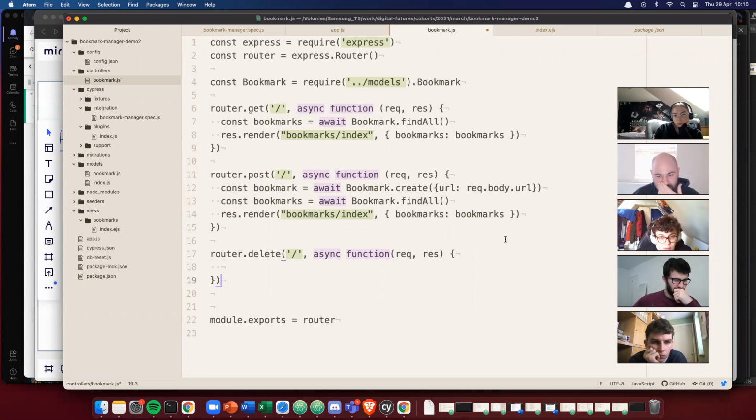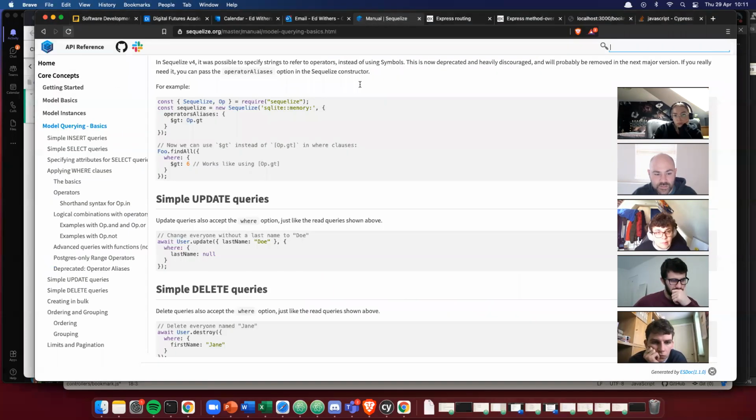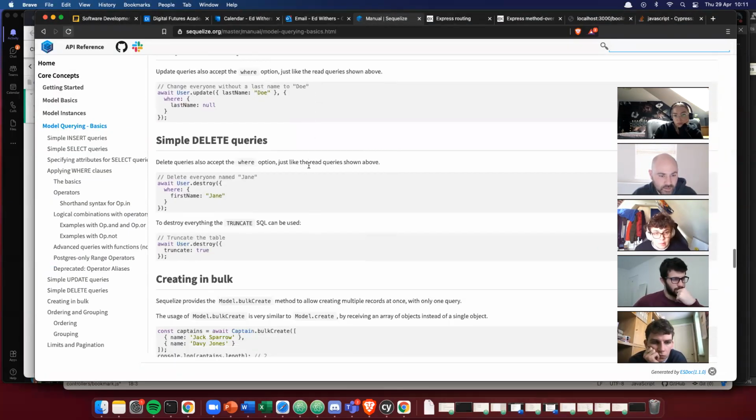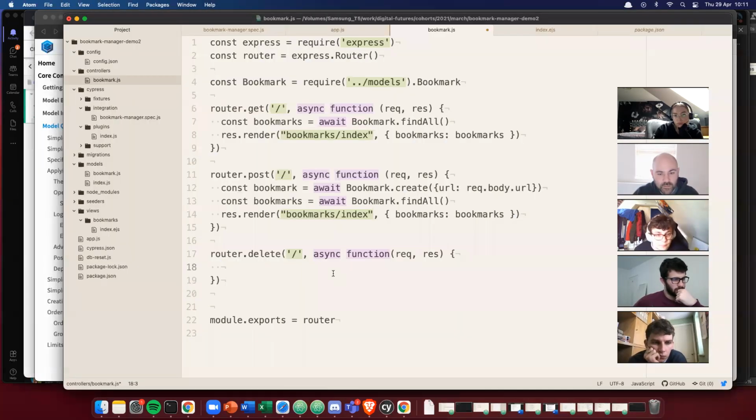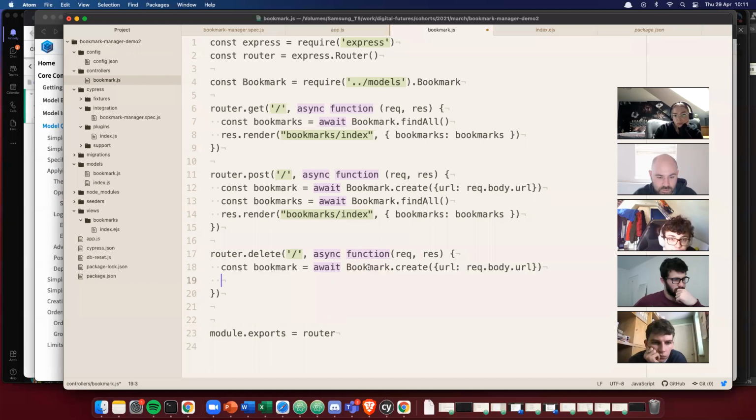And in here, I want to have a quick look at the documentation to do something like, let's do something like await bookmark destroy